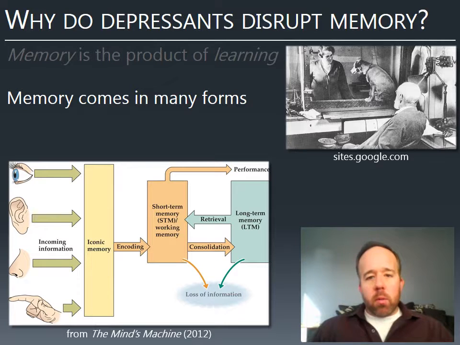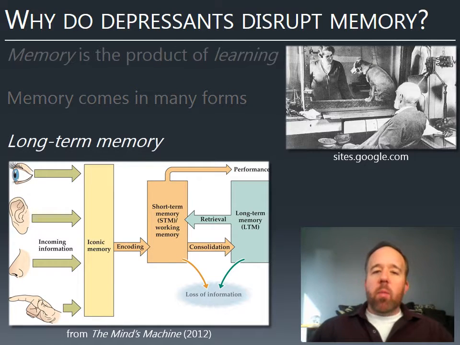And it comes in a lot of forms. I'm not going to belabor the different kinds of memory that exist. That's a topic that's usually covered in Psych 101 or biopsychology. So we're not going to worry about the different forms, but the form that matters for our purposes today is what's called long-term memory.